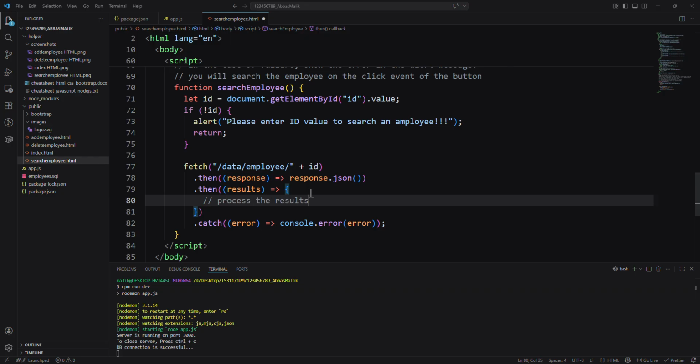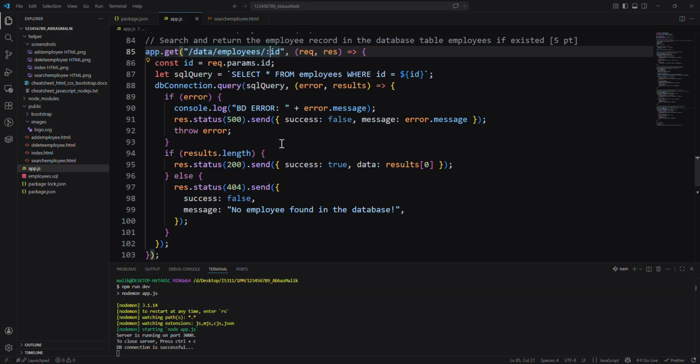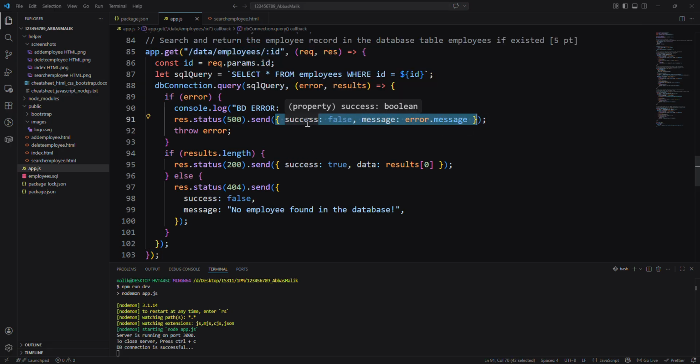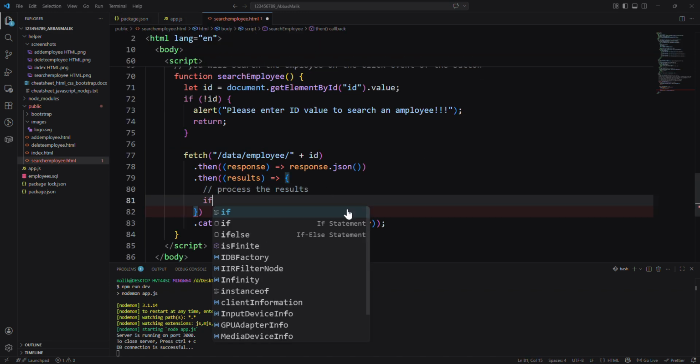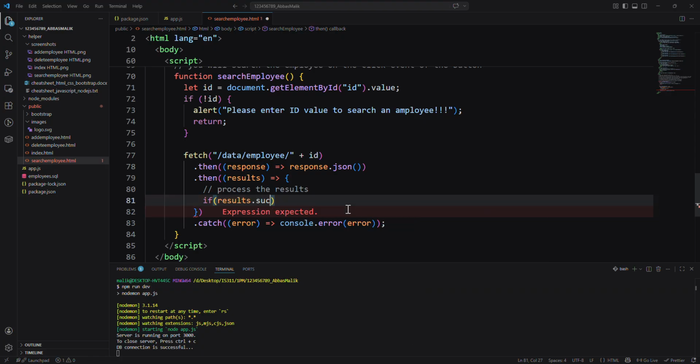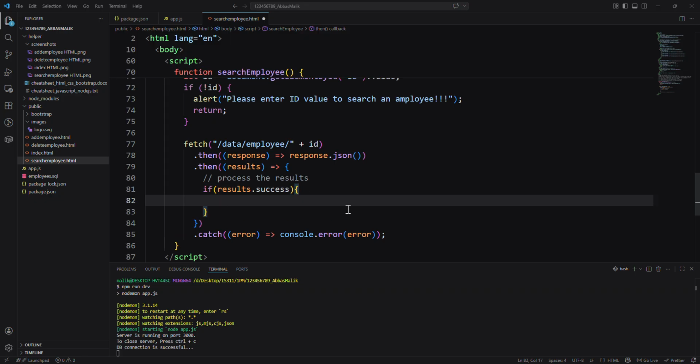to process the results. And if we go back again to our file here, we always get something like this. Either success is true or false. If the success is false, then we are getting a message. And if the success is true, then we are getting data, and that data is actually only one record. Here again, if it is a failure, then it gets me back a message. So we can check here if we have results.success, then it means that we have the data inside our results